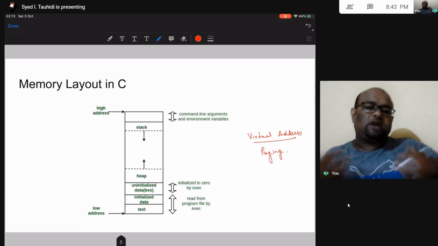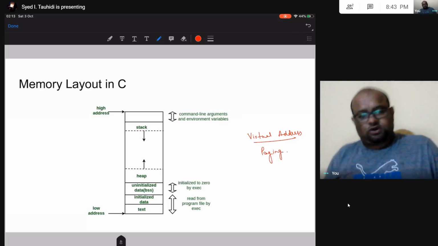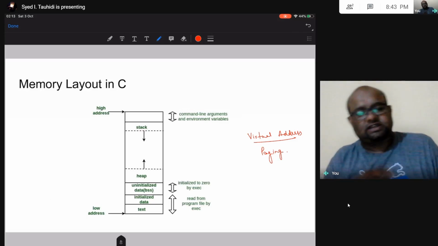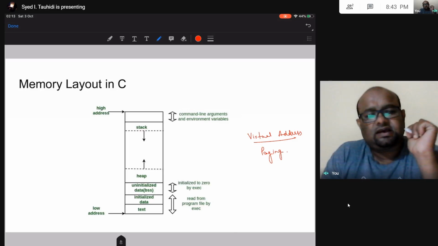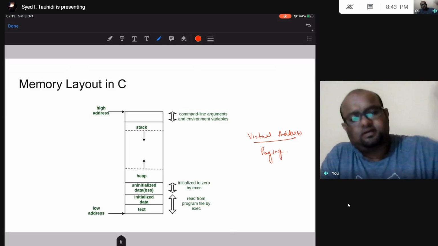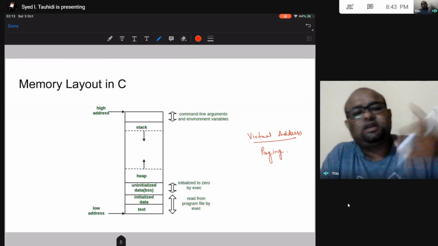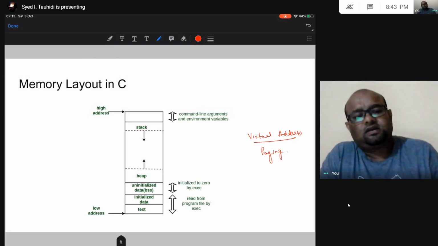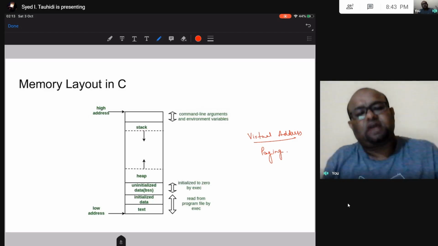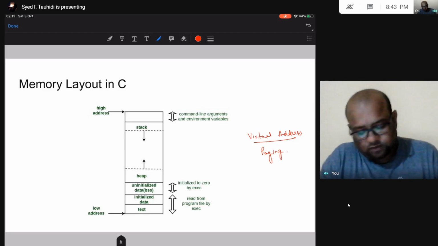We are not going to use the entire 4 GB in one instance. We are going to access only 1 byte, or a few bytes, at a time. If we need an integer, we will get only 4 bytes. So we are not accessing the entire 4 GB in one go.